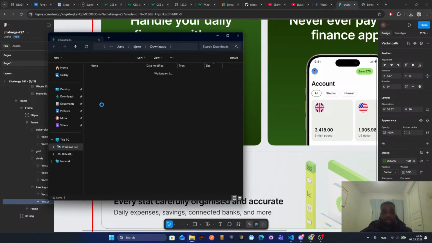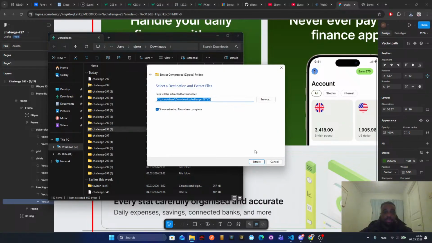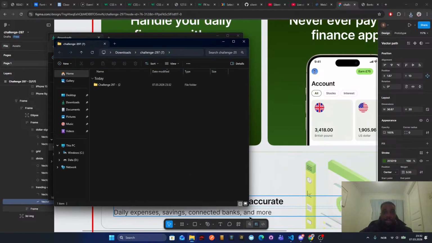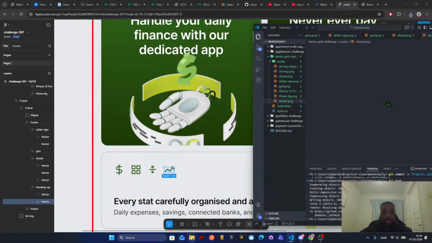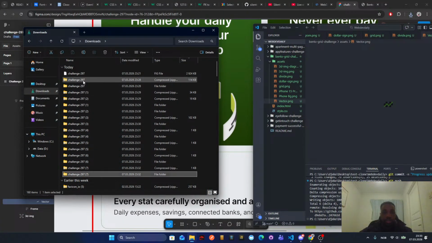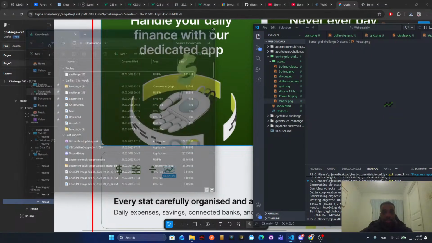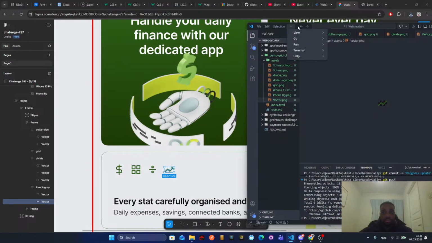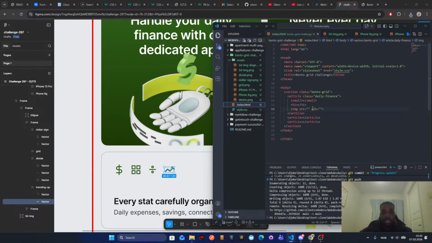I have all these zip files that I need to delete. Okay, now we have our assets. Oh, I was supposed to delete them. Just trash it. Okay guys, so now we can actually go back to our index HTML and we can